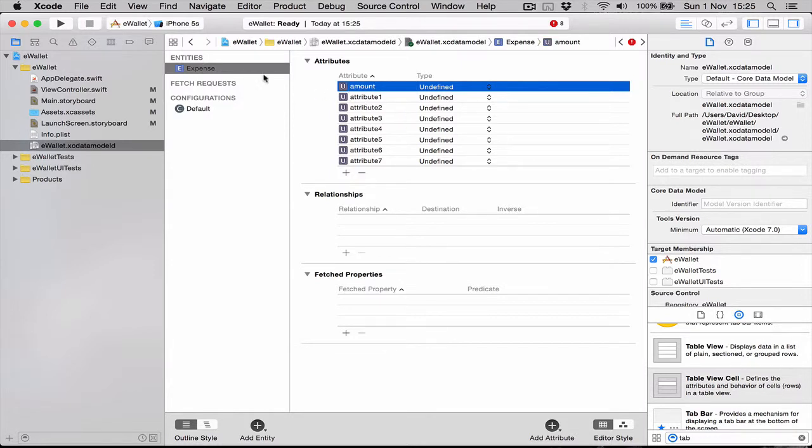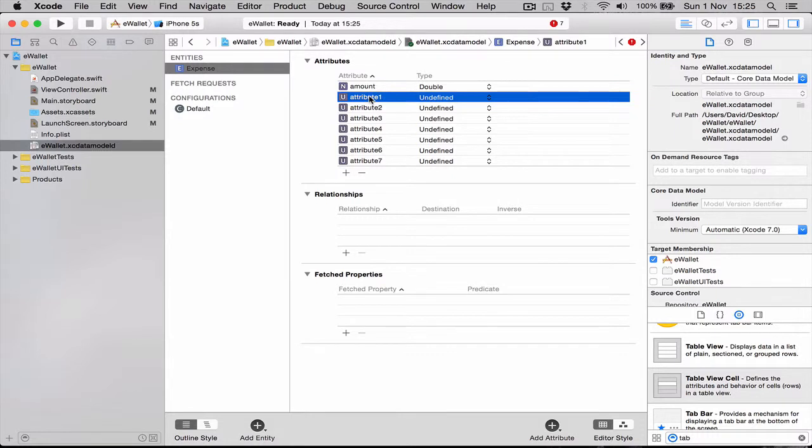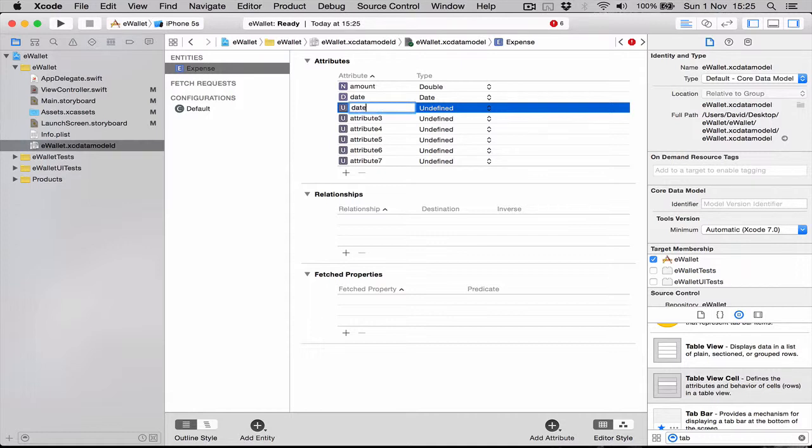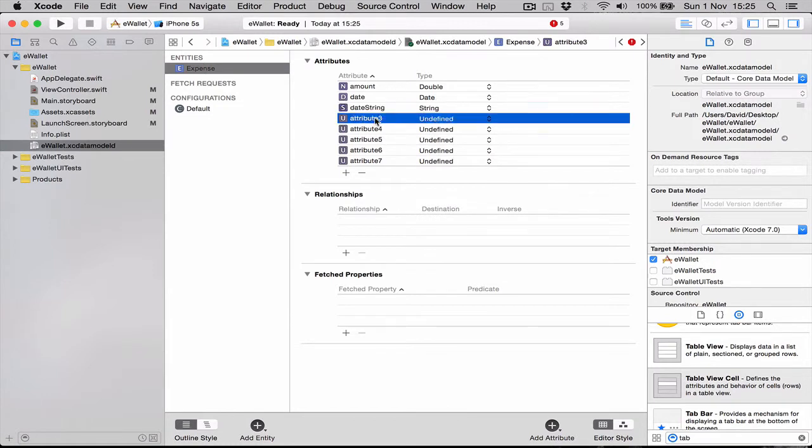Pay attention to the naming, the entity name, the table name, if you wish. We always start with capital, and attributes name we always put lowercase. So amount, the type is going to be double. Then we have the date. The type is going to be a date. We need a date string. We are using camel case, but the first one, again, small letter. The date string is going to be string, and next we have,